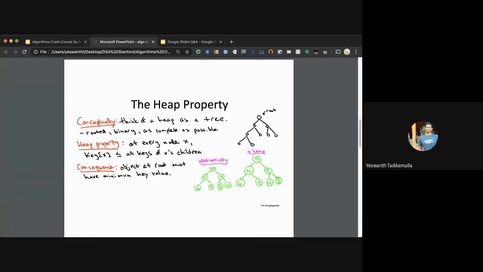For example, let's say we have 4 here, and 4 has children 6 and 4 as shown in the figure. The parent 4 is smaller than the children, as shown in this element. So this is called the heap property.